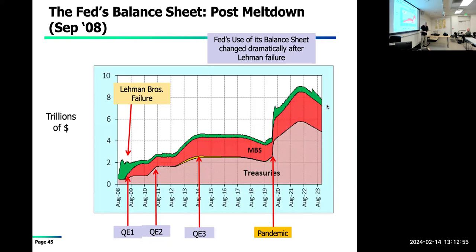The green bar is creating what are called shelves. The concept of a shelf was that they wanted to provide liquidity into the system. So how do they provide liquidity into the system? They can't be direct lenders to, say, GE and non-financial corporations. So they create these, theoretically, insulated entities, called shelves, to provide liquidity to help support